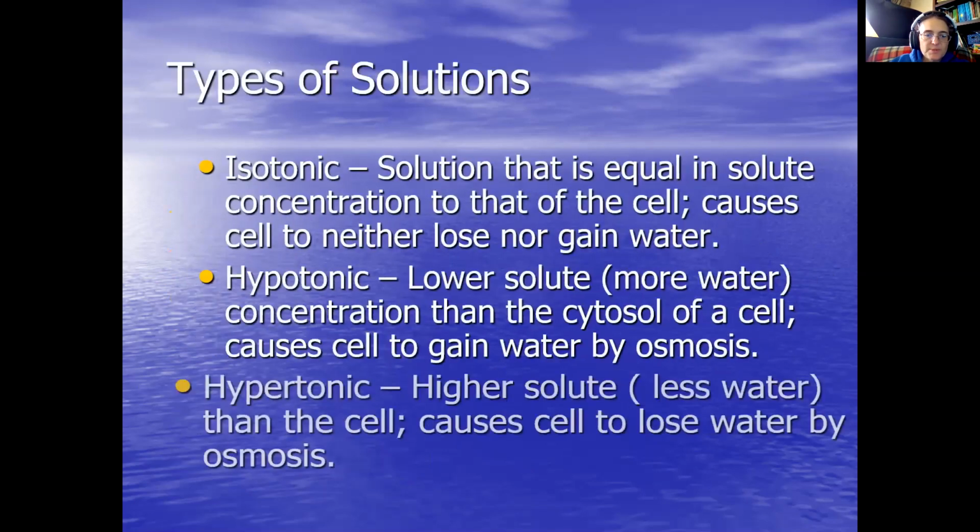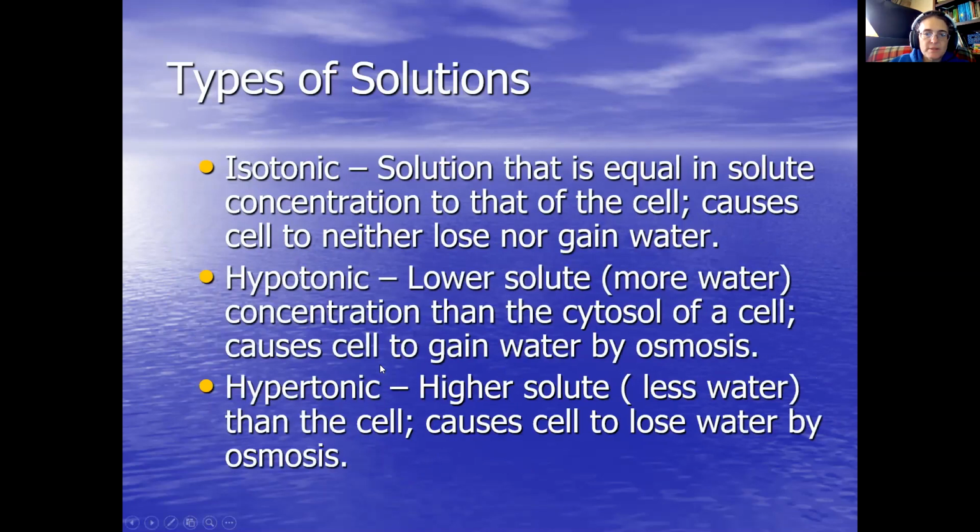And here are three terms that are important. There will be questions about this on the test. Isotonic. Iso means equal. So this is a solution that is equal in solute concentration to that of the cell, and the cell neither gains nor loses water. And this is important because if you haven't had A&P yet, I know some people take A&P concurrent to this class, but a lot of people take it after this class. So you need to know these terms because your teacher will expect you to know them. I'll probably present them again, but it's easier if you've already got it down because you've got a lot of other things to worry about in that class.